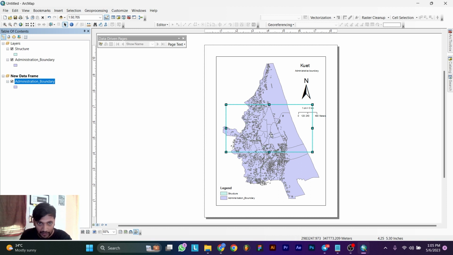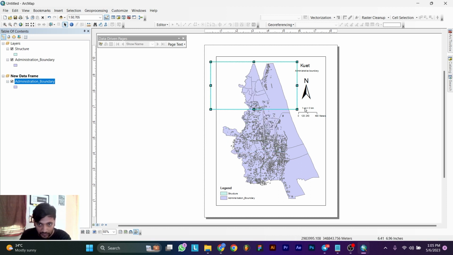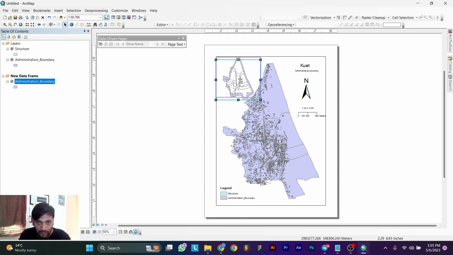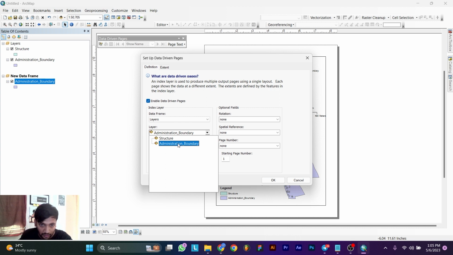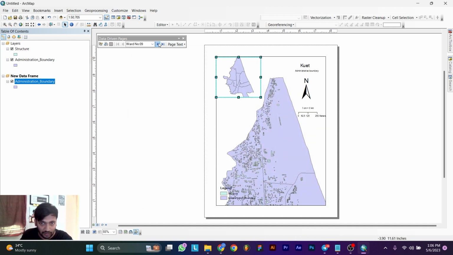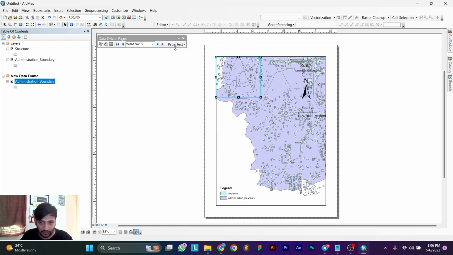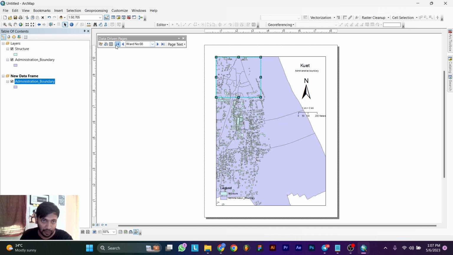Okay, then I can just simply drag these things and resize this, set it at the right position, and then I need to go into the data driven pages here and enable the data driven pages. Okay, our data frame is layers, layer is administrative boundary and name field is pod ID. Okay, then simply OK, and you can change the pages and you can work with multiple pages by